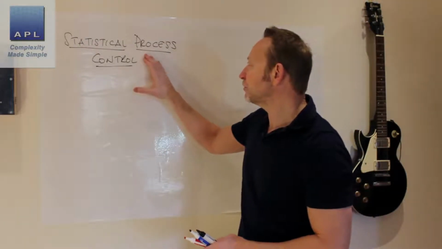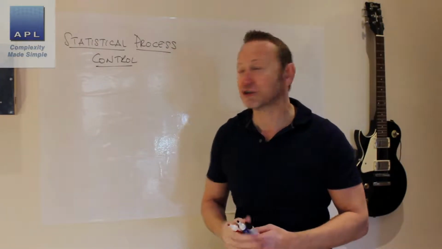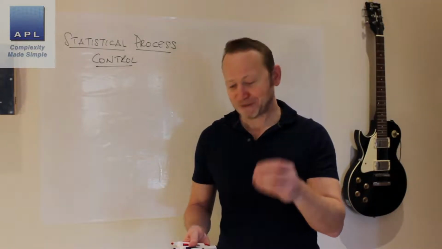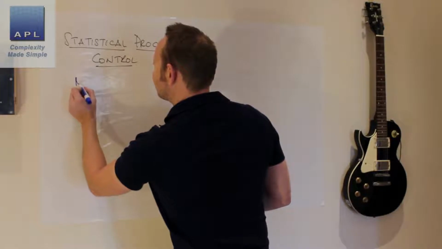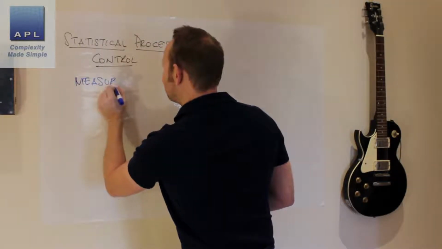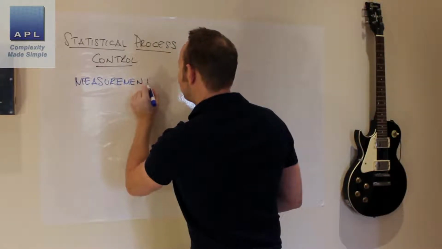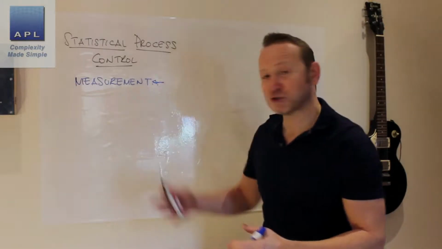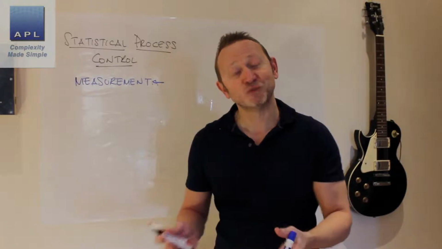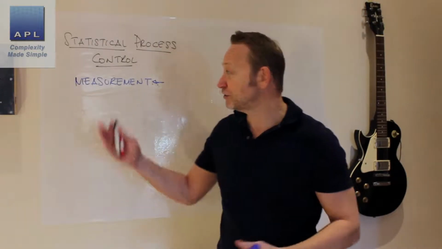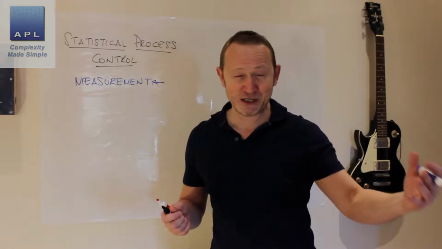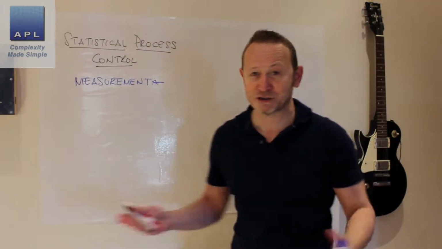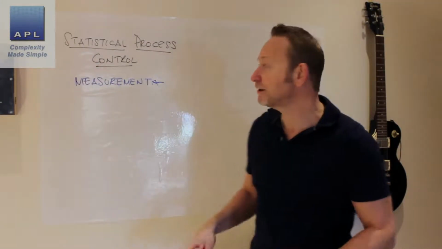So look, let's look at the phrase statistical process control. What do? Statistical. You take measurements. Now I'm guessing that at some point in your processes you take a measurement. There's some things that you're trying to do. Okay, so statistical. We take a measurement of some kind, and then we often offer it up to some tolerance, and we ask the question, is the machine working okay? Am I producing good product? Am I hitting tolerances? Whatever it happens to be. You could be doing that in process. You could be doing that on the batch after you finish manufacturing it. But one way or another, you take a measurement. Statistical. Okay, then what do?